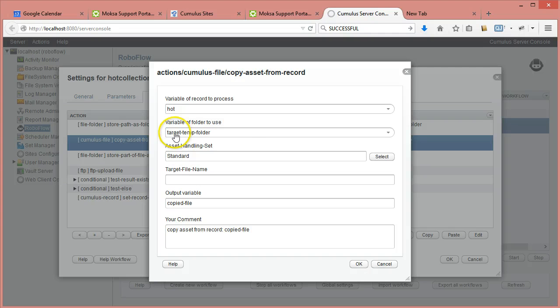And I'm copying from the current record called hot in Roboflow to the target folder. I'm using the standard asset handling set, or I could also use whatever you stored up front in the